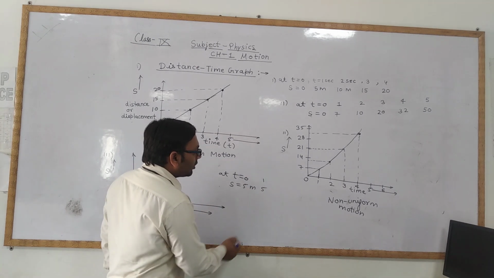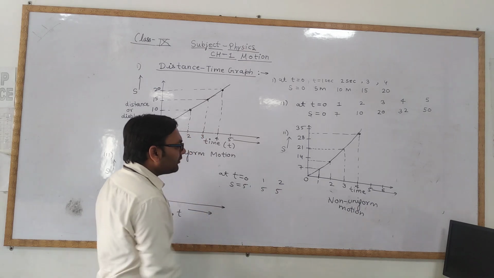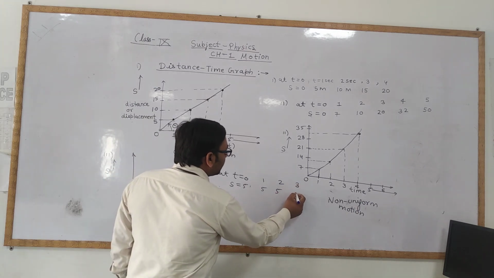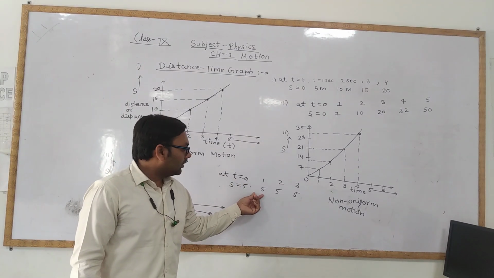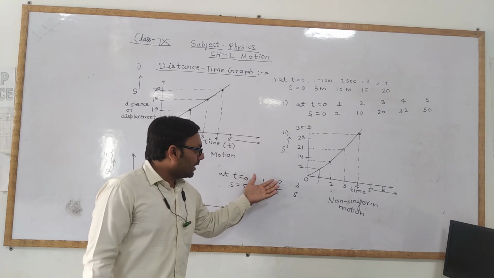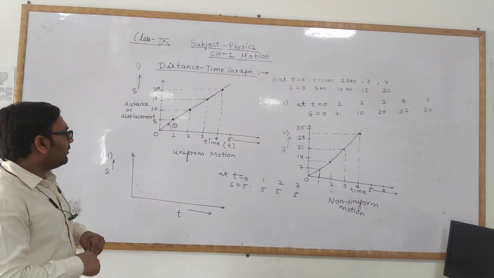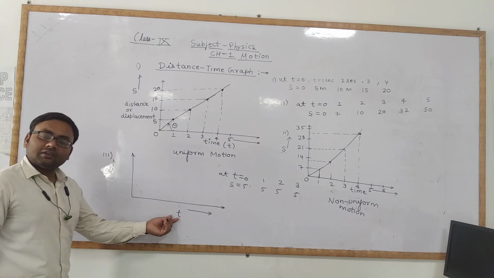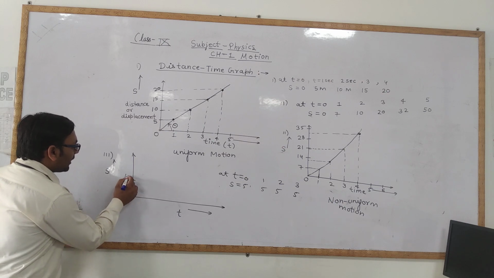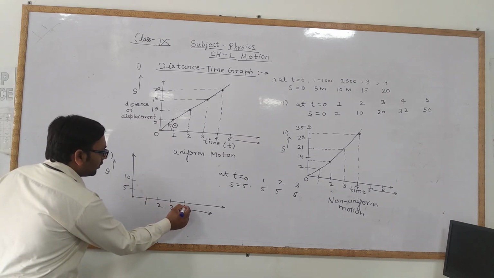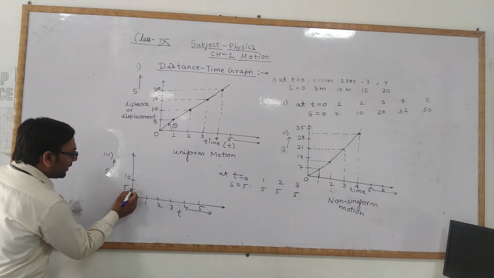Okay, if the object is not moving, then after 2 seconds, the object displacement will still remain the same, that is 5, and after 3 seconds also it will still remain the same. It means if the object is stationary, then whatever be the time, as the time goes on, the displacement will never change, it will remain the same. So we can see here what will be the nature of the displacement or distance time graph for such a situation. Suppose this is 5, this is 10, and this time 1, 2, 3, 4, like this. So at time 0, when we observe the object, the displacement that it has covered was 5.